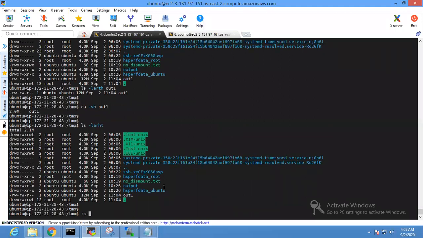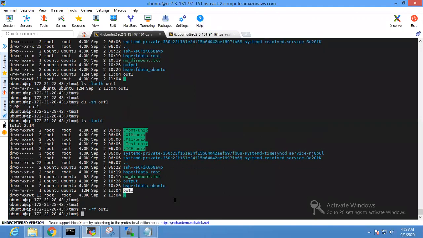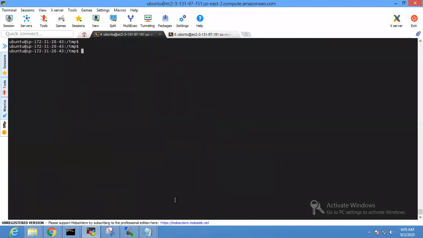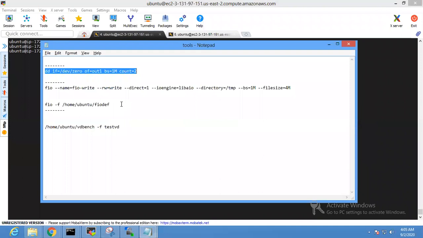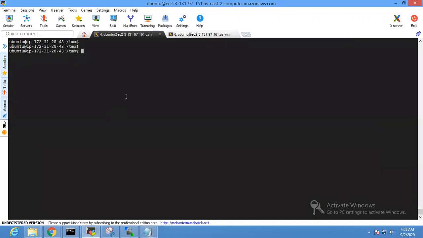Okay. Move to the next tool, which is FIO. So as I said, FIO can be executed in two ways. Either you can run it via CLI, or you can create a config file. So I'll just quickly run with those. First, let's run this and understand what the parameters are all about. The name is straightforward.